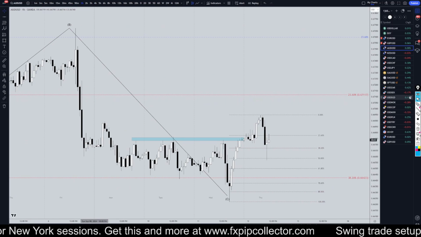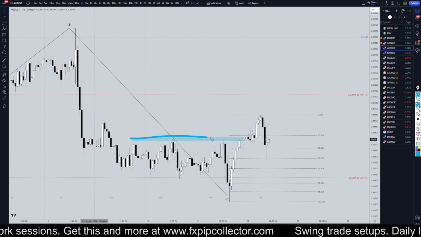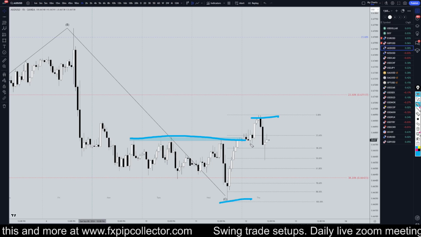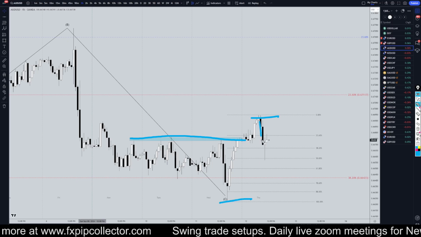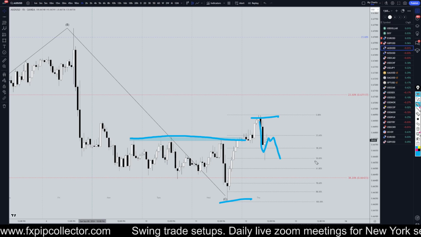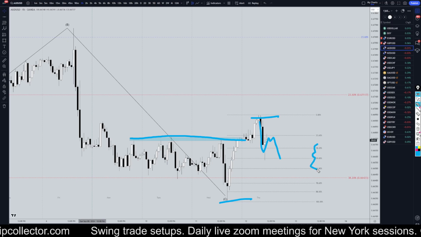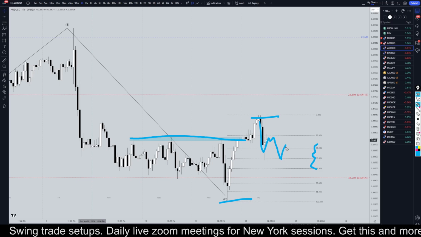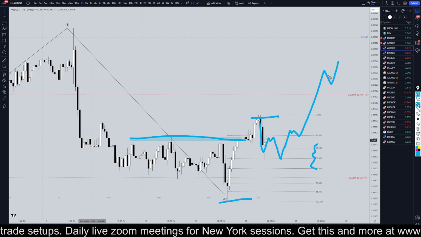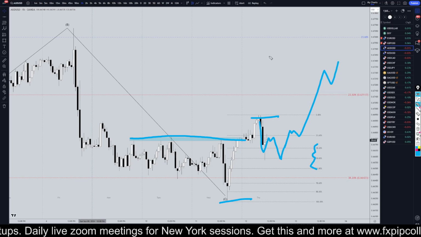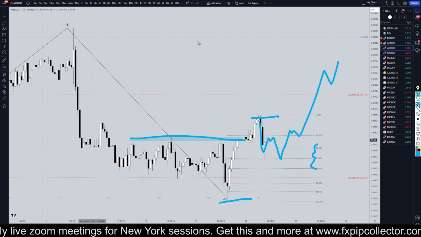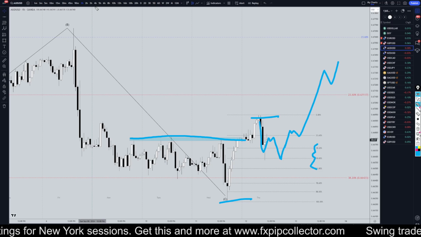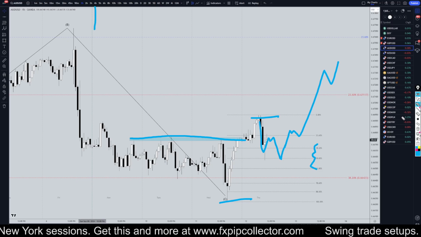On the 1 hour time frame, we had that break of structure, and now we're in a pullback. So now I got my Fibonacci retracement on from here to here, and I'm looking for three-wave pullbacks. I'm looking for Fibonacci bounces. So if this does make a three-wave pullback, a nice move down to one of these fib levels, a nice engulfing impulsive move to the upside, then that is exactly what I would be looking for potentially as the continuation of this move up, which, like I was just explaining, is probably going to be pretty likely a correction to the whole move down on the 4 hour time frame.